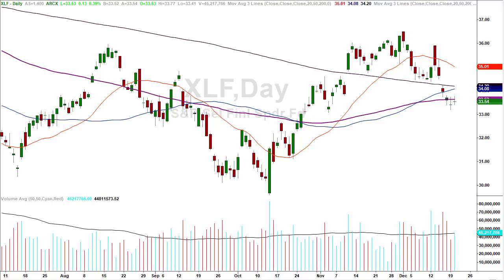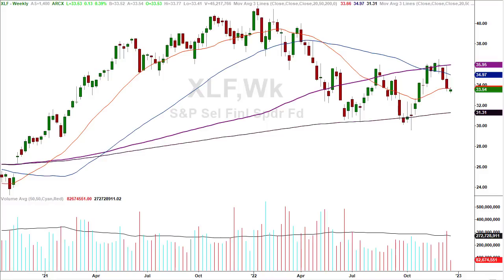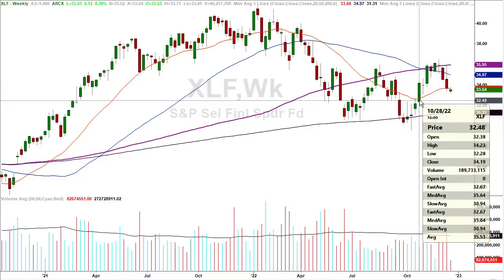So we can't make one thing or the other directly out of this, but what we can say is, without the financials participating in either direction, it's unlikely the market's going to do very much in either direction. If the financials can catch some kind of a bid/rally attempt, everything else will as well. And here's your weekly chart. But if this is going to have another leg down, where are they going?